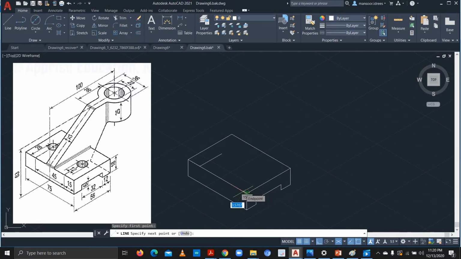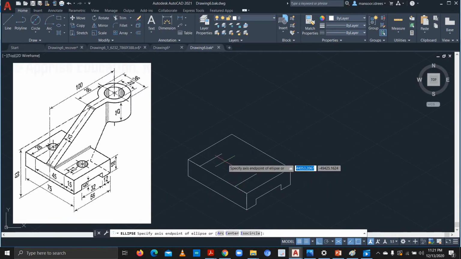This is 15 and 28. Okay, so I have these two centers now, so I'll take this ellipse, that is axis end,